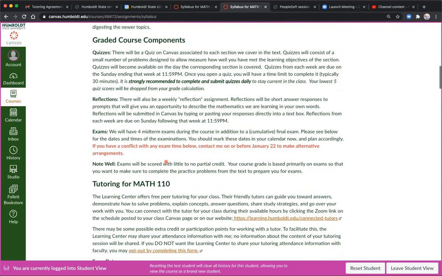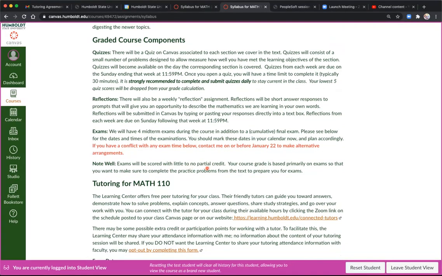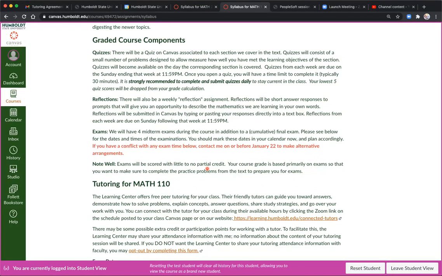I think I want to emphasize here that I do not score my exams with partial credit. So in this course, when I'm scoring your exams, I'm not really keeping track of what proportion of a problem you can do. I'm keeping track of what proportion of problems you can do correctly. Right, so I'll say something more about this in your grade, but as you're working those practice problems in the text, I strongly encourage you to keep this in mind, that what you're preparing for, if I give you an exam with 10 problems on it, I'm going to be keeping track of how many of those 10 problems you can do without making any errors. All right, so it's a little bit more pressure,